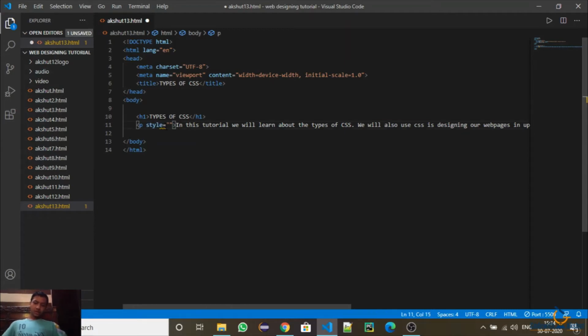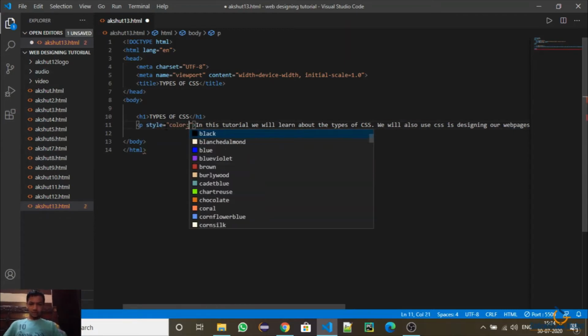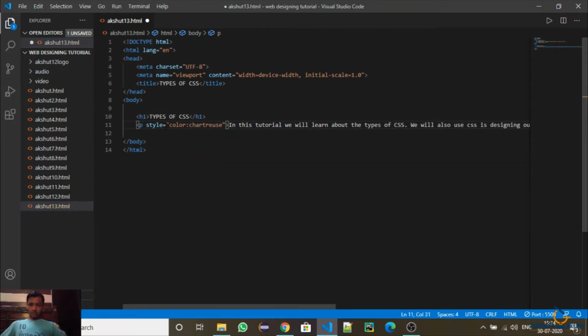Now if I want to change the color, then I will put color. Then a semicolon, so we put a semicolon to end this task, and then after the semicolon what we write is used for performing another task.